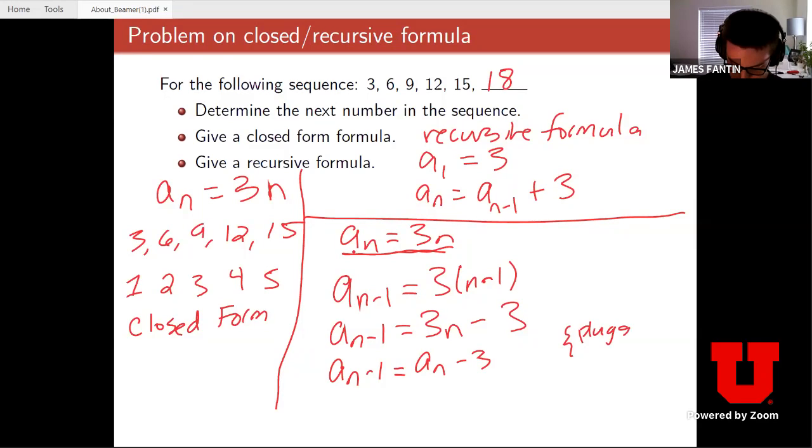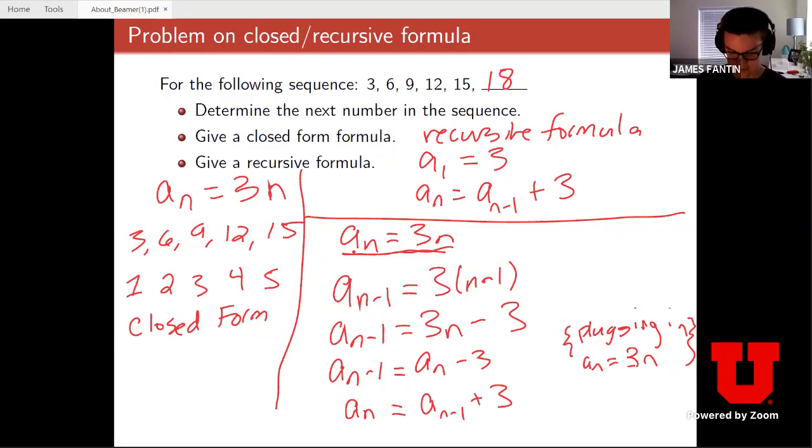And this is just plugging in the closed form, a sub n is equal to 3n. Then if we solve for a sub n, we get a sub n is equal to a sub n minus 1 plus 3, which is what you all had for the recursive formula. But this just might be a little bit more systematic way. If you're on a more difficult problem and you're having a harder time trying to find that recursive formula, you can do something like this. So are there any questions